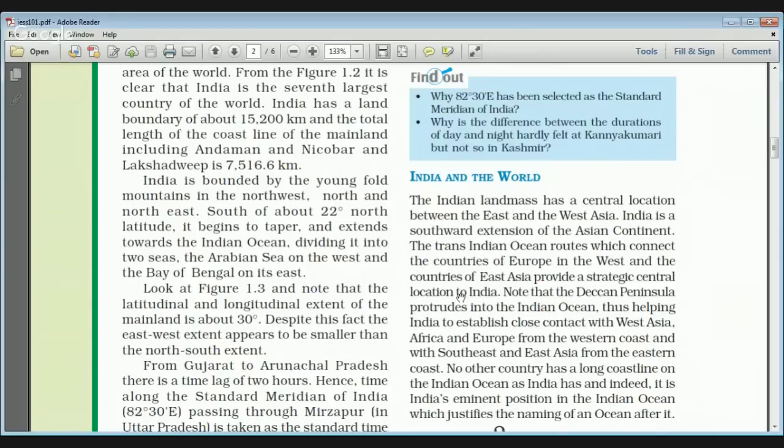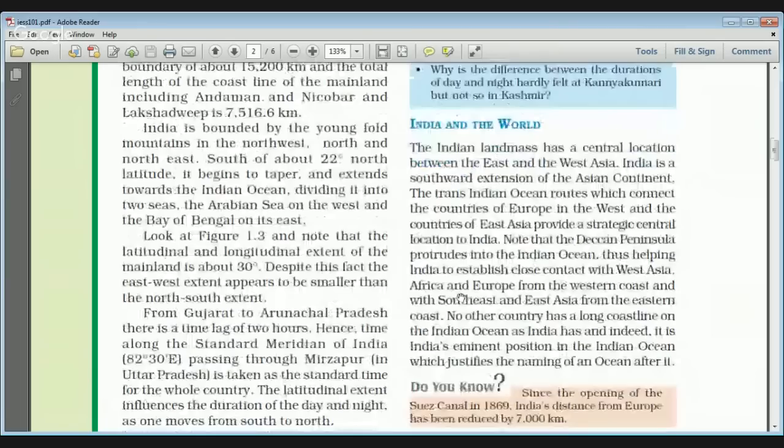The total length is 7,516 kilometers, and the total land boundary of India with seven countries, that is Pakistan, Afghanistan, China, Nepal, Bhutan, Bangladesh, Myanmar, is 15,200 kilometers. And if you see, India is bounded by young fold mountains in the northwest, north and northeast. The whole Himalaya is spread from the state of Jammu and Kashmir up to the northeast